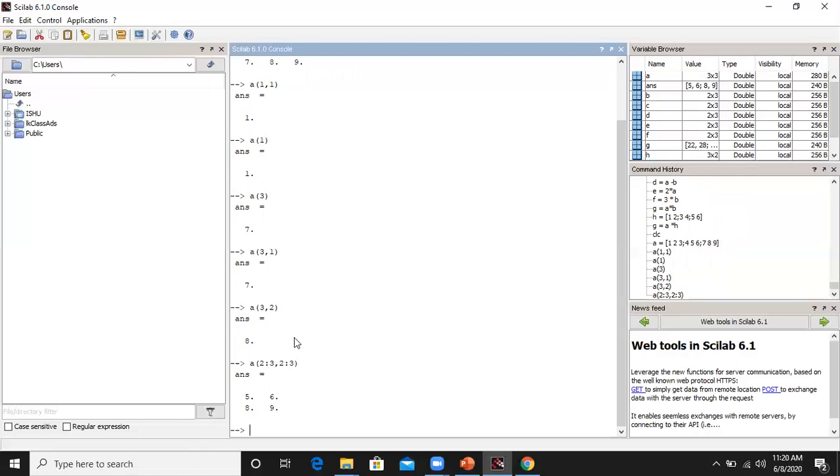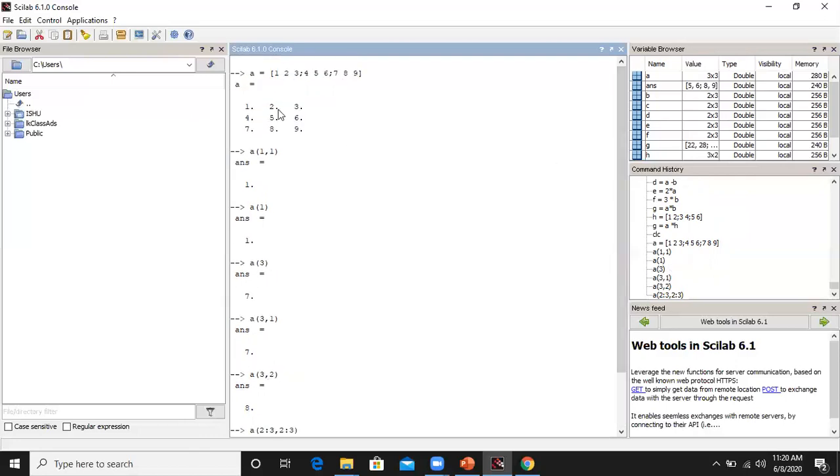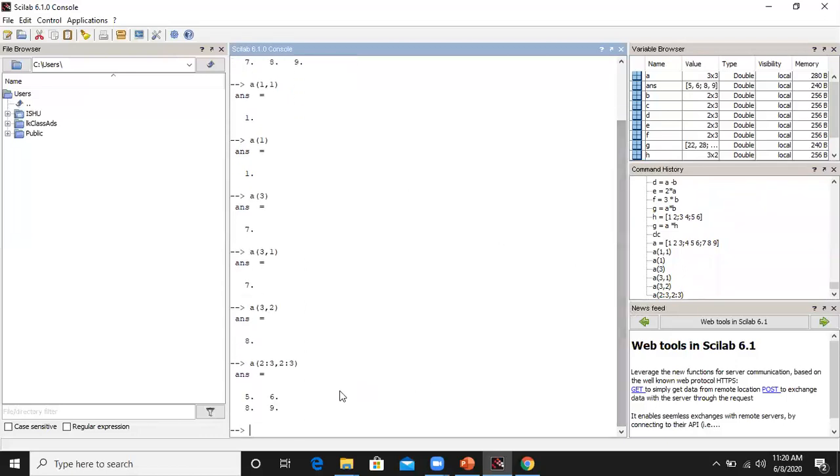Now if I want to delete any row from the given matrix, for example, I want to delete the 7, 8, 9, this row has to be deleted. So in order to do that, I have to take the third row and 3 columns, because they are distributed like that. Then A of third row, then 3 columns, that is 1, 2, 3, or also we can type entire columns. Then we can access this. So after accessing this, we have to set the result to null, so that it will be deleted.